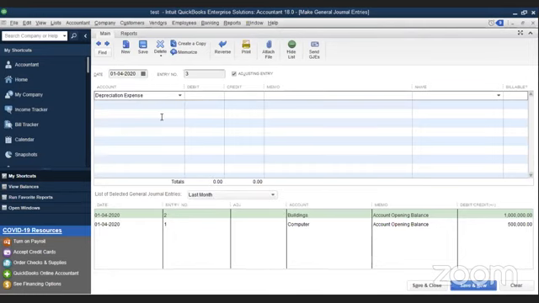Now, computer, buildings, you might have, now when it comes to depreciation, there are two methods commonly used, the straight line basis and the accumulated basis. So when it comes to straight line, you have your own policies, companies set up this. If it's a written down value method, you can always use that. It depends on what you are using. So I'm not going to go into technical terms. I'm just going to pick this. We'll say depreciation for computer. We are going to debit 5,000. So debit depreciation expense 5,000.